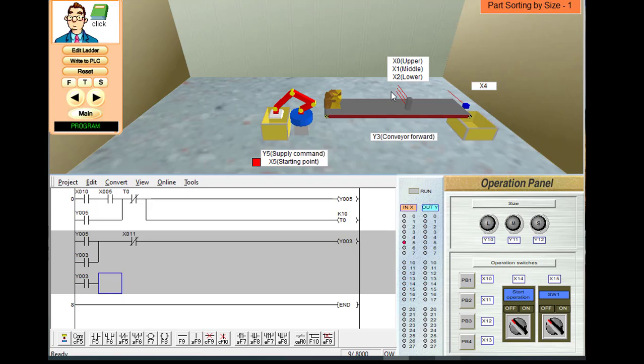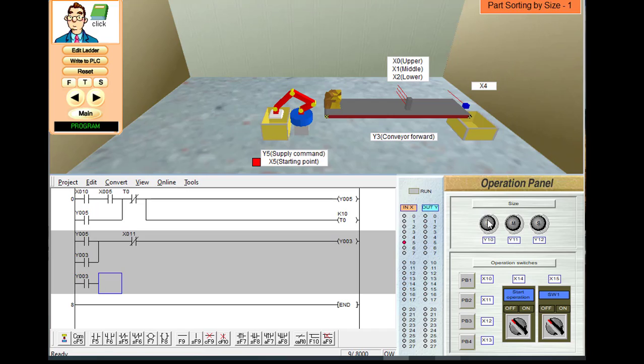If the part is a large part, it means X0, X1, X2, all three inputs are on. We have to turn on an indicator which is indicated by L. So we have to turn on the Y10, and Y10 will be off when X4 becomes on. So in between this part and this part, your indicator will be on. Suppose there is a large part, meaning X0, X1, X2, all three are on.